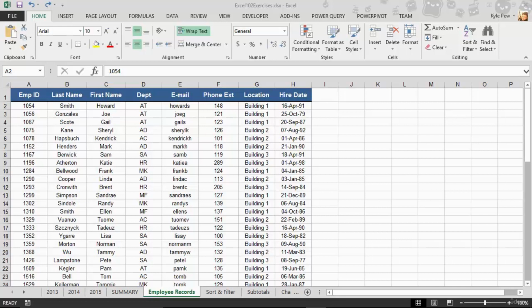So here's the first tool that I want to get into within working with a list inside of Excel. And this is perhaps one of the most common tools that are used inside of a list. Now, think about this. What's the purpose of a list? Well, it's to store data. I've got a list of employee records. I've got to put those someplace. Well, I stored the data there. Well, why are you storing the data? Well, I'm storing the data so that later on I can find it. Yeah, ultimately the purpose of a list is so that you can work with the data, you can find the